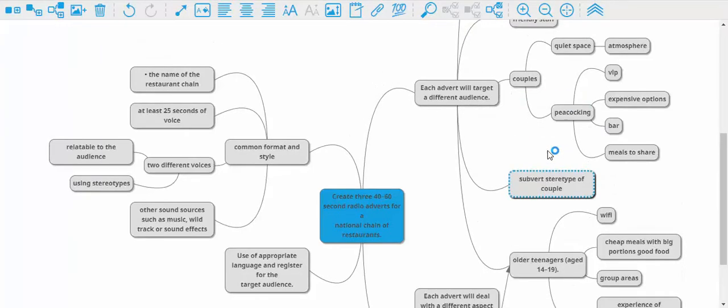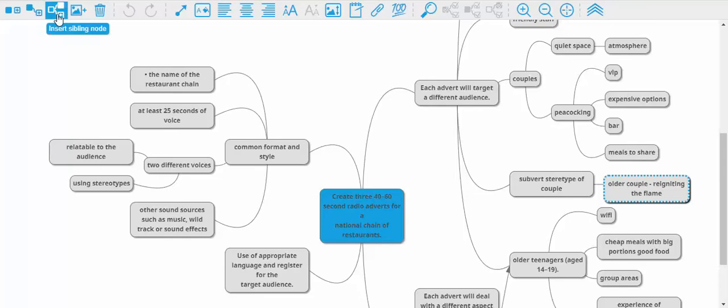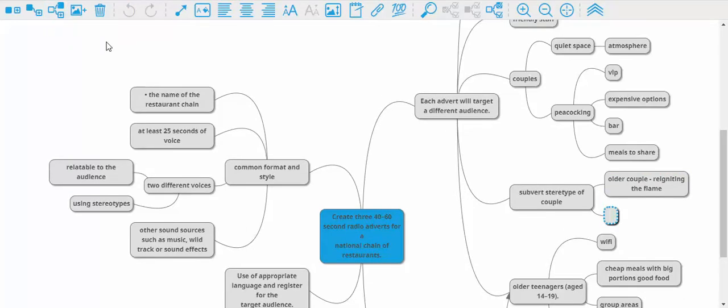Excuse my typing, I'm just trying to hurry things along. So I could subvert the stereotype of couples by having an older couple who are sort of reigniting the flame, or I could have LGBTQ community. Okay, so we can subvert some typical stereotypes of couples in that, and that'll be quite useful. Right, so the next thing to do is the statement of